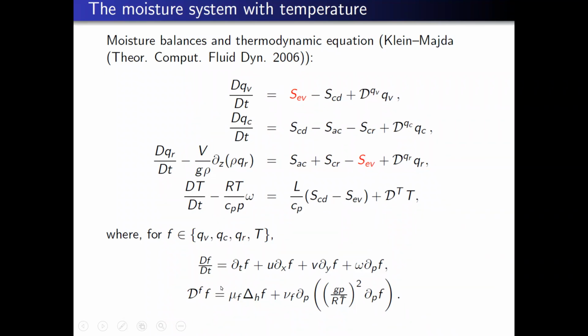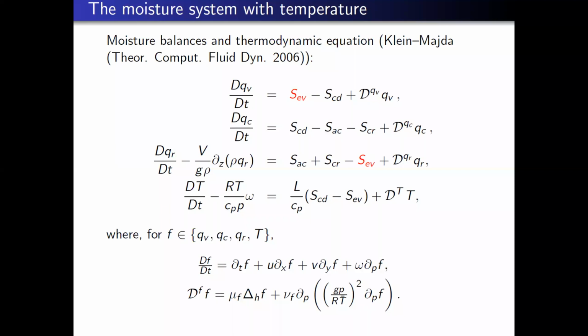And now, as I said, there is a transport part, U, V, and omega, or W. This is supposed to be W, but we call it omega. This is traditional in this field, because W is when you take a function of X, Y, Z. When you move into the coordinates U, V, and P, you call it, sorry, omega of X, Y, and P. All right, so this is the model that we have into account.